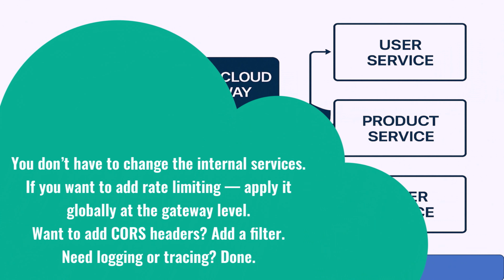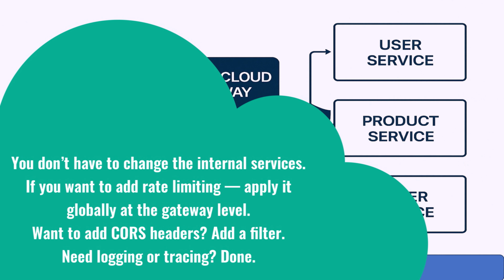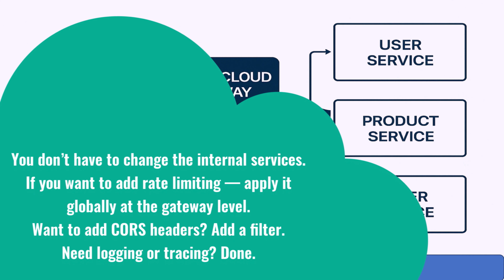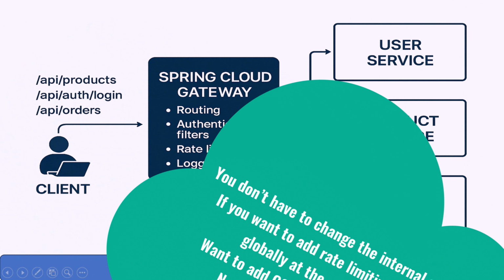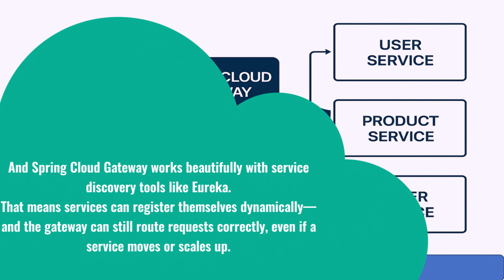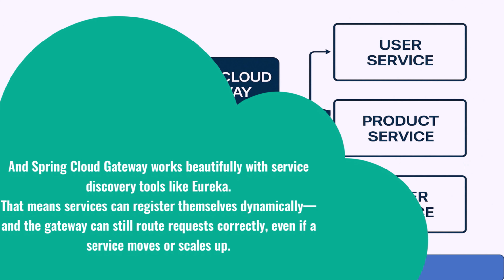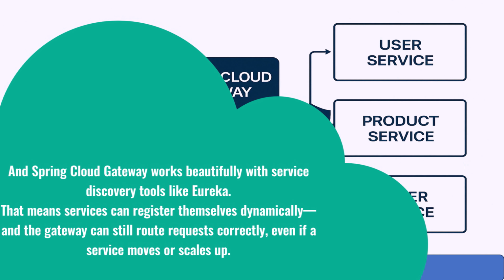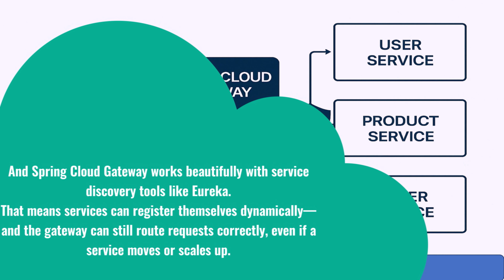You don't have to change the internal services. If you want to add rate limiting, apply it globally at the gateway level. Want to add CORS headers? Add a filter. Need logging or tracing? Done. You centralize everything without touching the actual business logic. And Spring Cloud Gateway works beautifully with service discovery tools like Eureka. That means services can register themselves dynamically, and the gateway can still route requests correctly even if a service moves